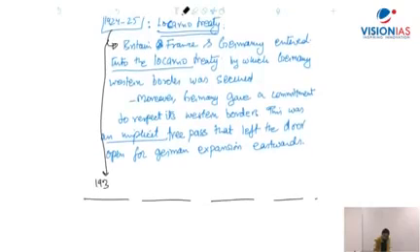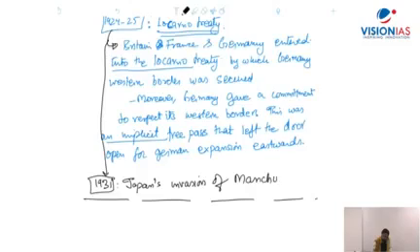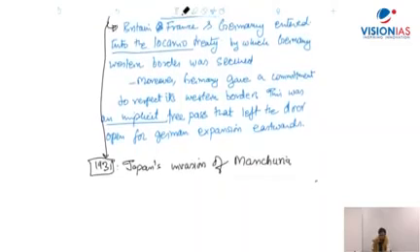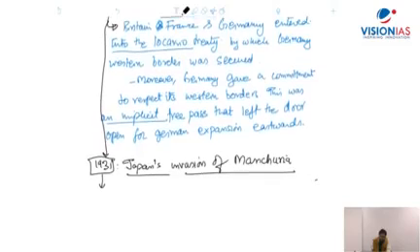In 1931 is Japan's invasion of Manchuria. Japan's invasion of Manchuria in 1931